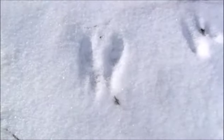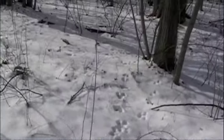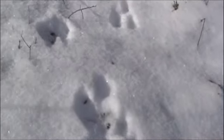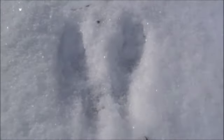Alright, these are our real rabbit tracks. You can see that this rabbit here is moving in this direction. There's his next print. It's a rather large jump. And he moves in to join the trail of this other rabbit, which is smaller, that's moving from this direction. And they both move off towards this tree here. So you can see the tracks kind of blend together. But that previous one there is a good example of how the larger feet appear in front of the